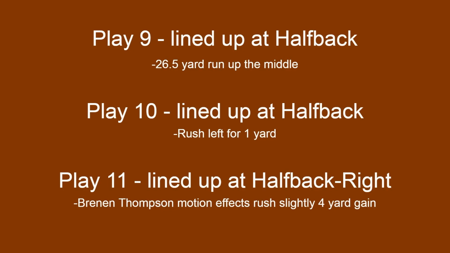But Brennan Thompson's motion did kind of affect it. It was the exact same motion where Brennan Thompson was on the right wide receiver, motions up, stops right at the halfback, and then goes right back to the right side. That drew the defender that would have had the chance to tackle Keilan Robinson at two yards past the line of scrimmage, and gave him an extra 2 yards. These motions affect the defense.